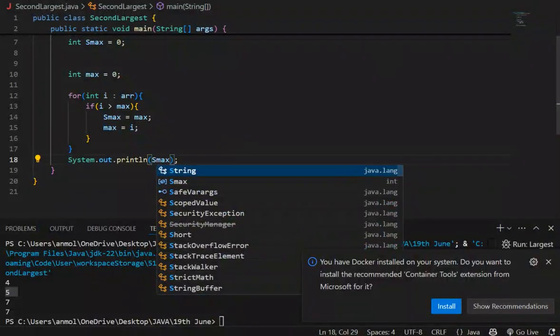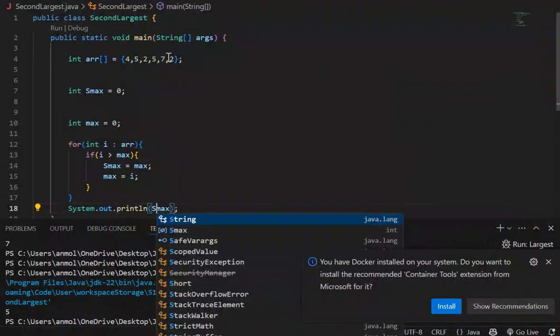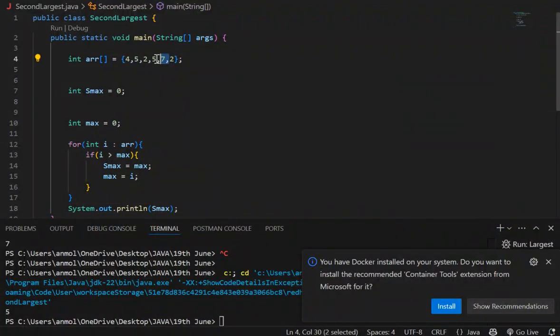But it will show an error where we have to handle duplicates. Here the second largest is, first was the 7 and second was the 5. But if there are multiple cases, like here